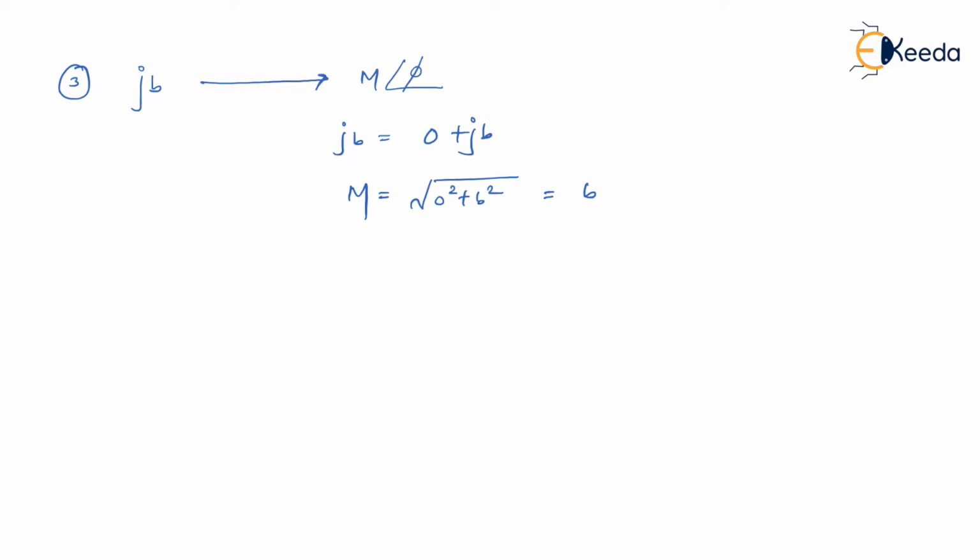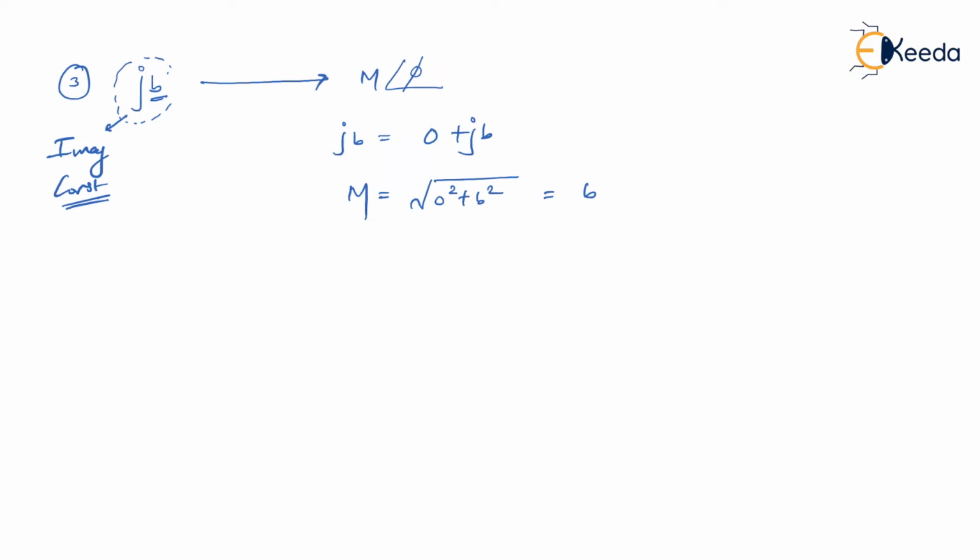So whenever you have a purely imaginary constant, this is called an imaginary constant, then the magnitude is nothing but that imaginary value. So just remove J, and whatever remains is considered as the magnitude. You can remember it like this instead of following this step. In case you forget this, then you have these steps to be followed, which is not even going to take half of your minute.